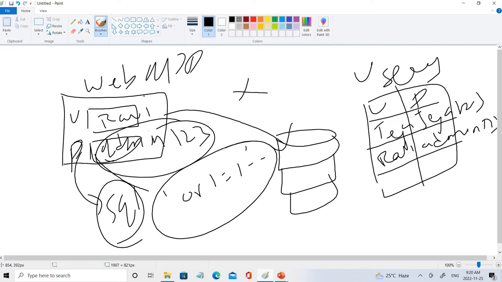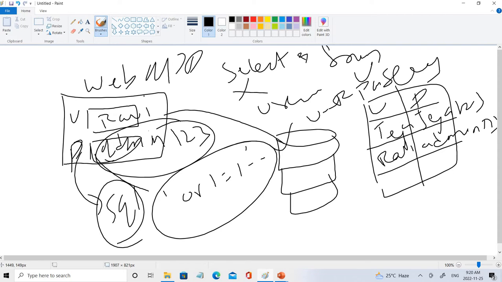Usually whenever you use these commands, it will be in this form: SELECT * FROM this particular table, and we'll be checking username = 'Ravi' and password = 'admin123'. If this statement is true, then I'll be able to log in. If that is false, then I'll not be able to log in, right? It will be a failure. So here the password equals admin123. But what we'll do is, instead of admin123,